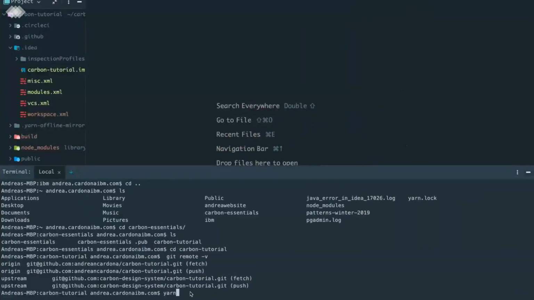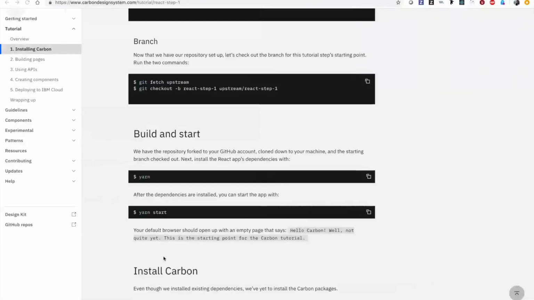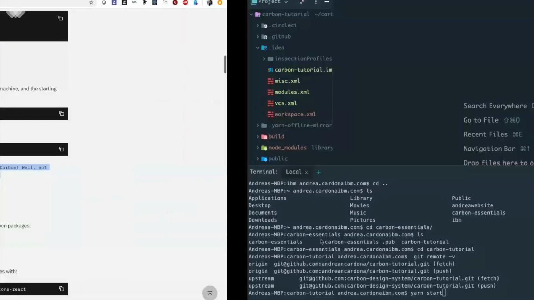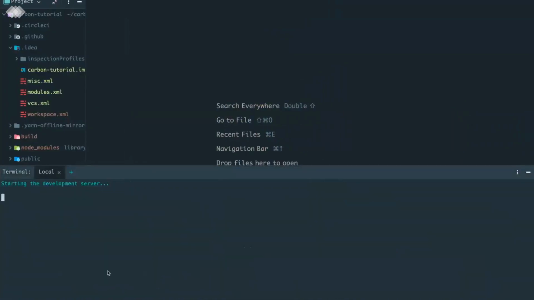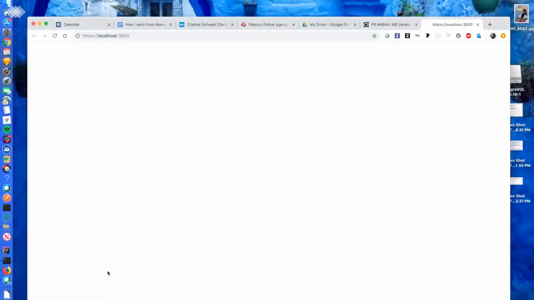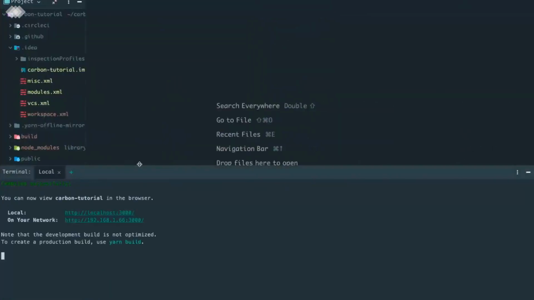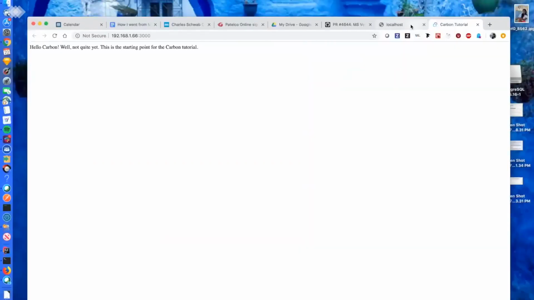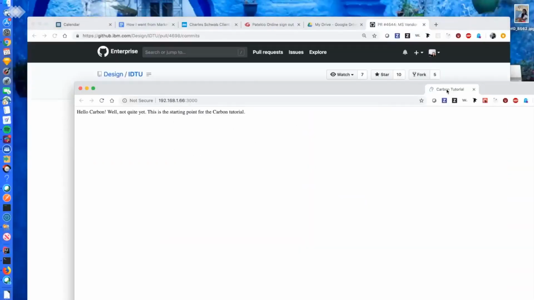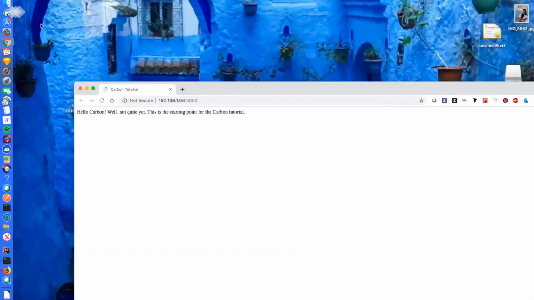I believe the command is just yarn start. Your default browser should open up a window that says Hello Carbon. Okay, so this is kind of what we're expecting, hopefully. Let's see. Cool. Let me slide this over to